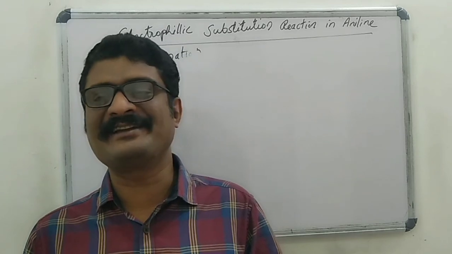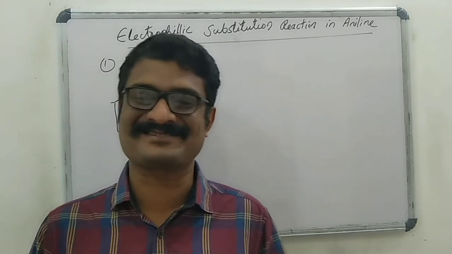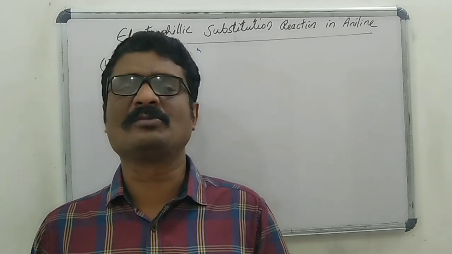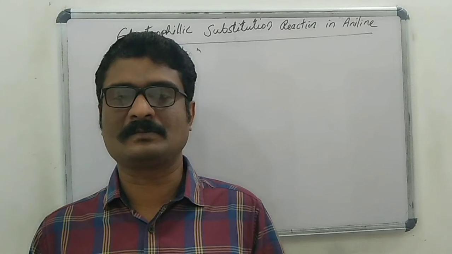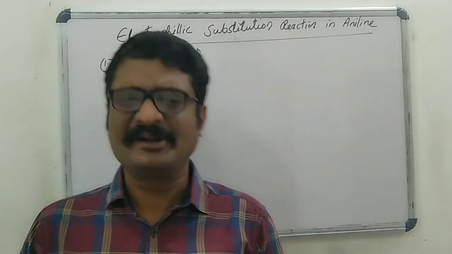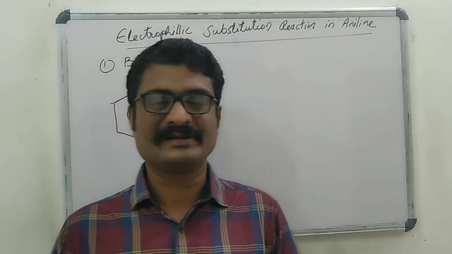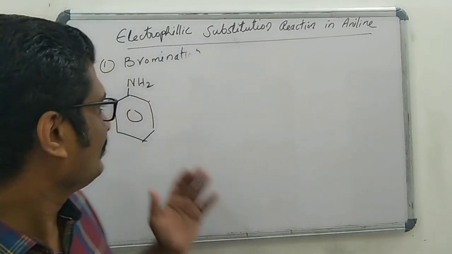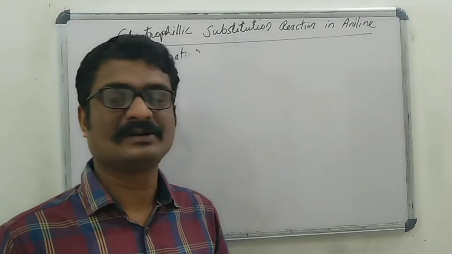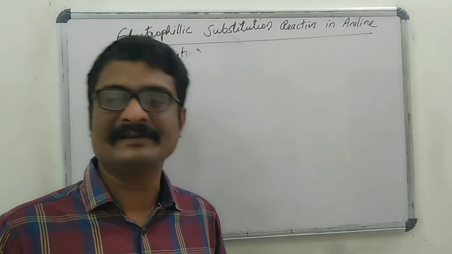Then how can we prepare mono-substituted aniline derivatives by electrophilic substitution reaction? That means how can we prepare para-bromoaniline from aniline, or para-nitroaniline from aniline? For the preparation of para-bromoaniline from aniline,